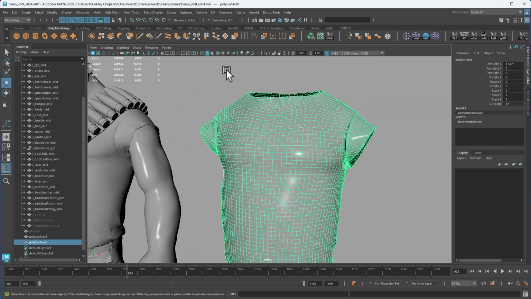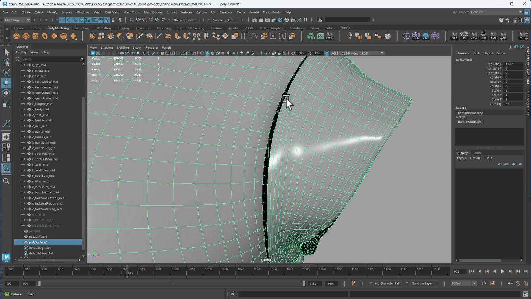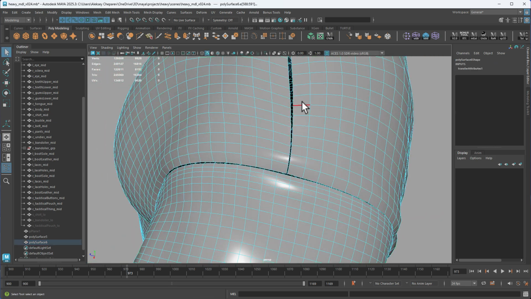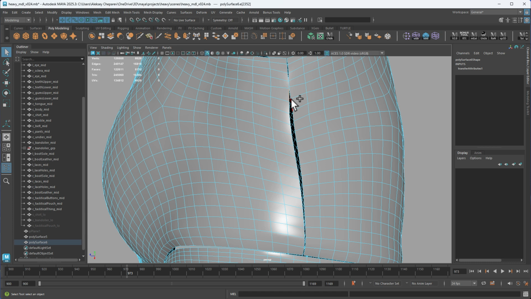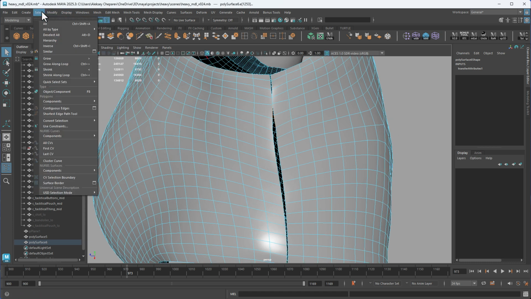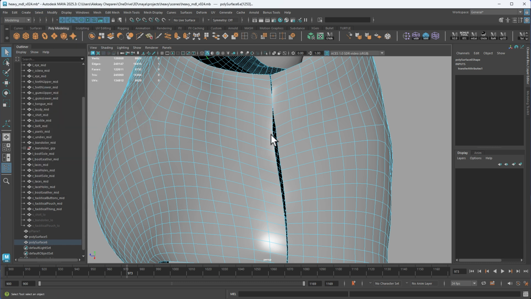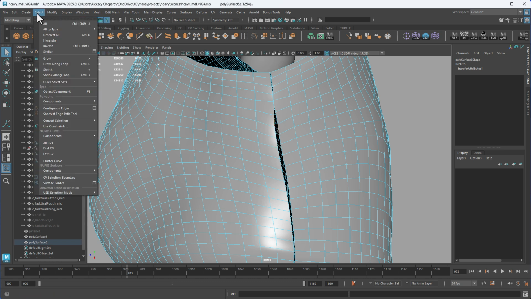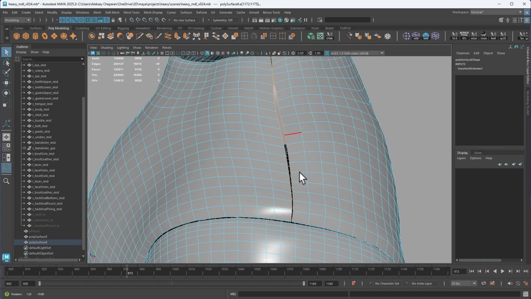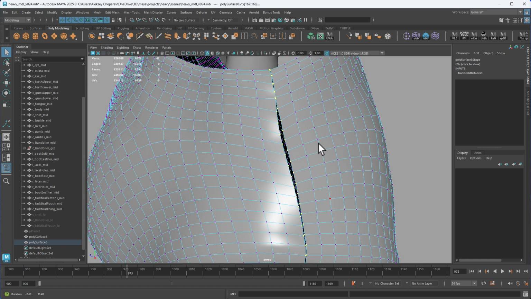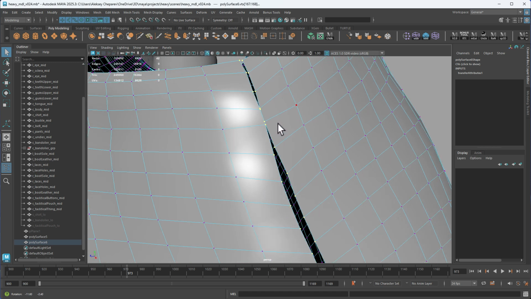Alright, so now let's clean up all of these unconnected vertices, right? And that's an easy thing. We just select these edges here, and under select, there's a thing called contiguous edges. If you select an edge and you want to select all the edges in a line, just click select contiguous edges, like that. Hold Control, right click, and change this to vertices, and now we can